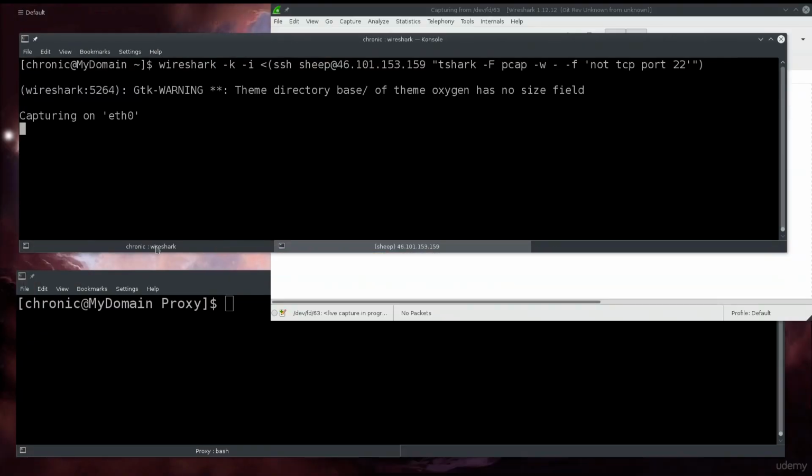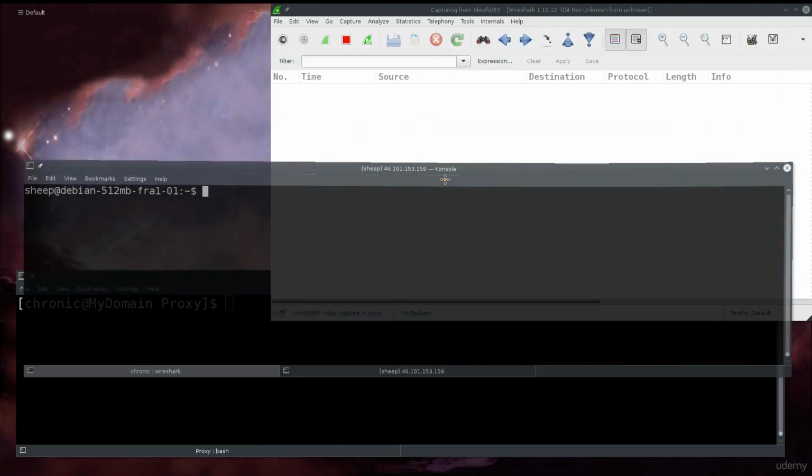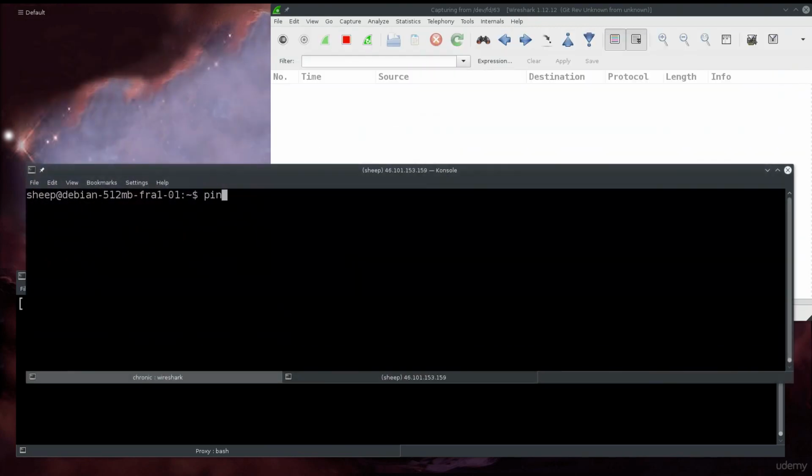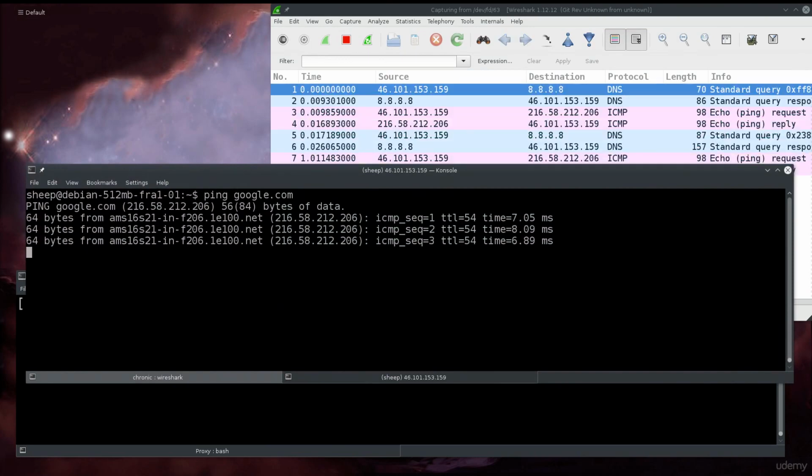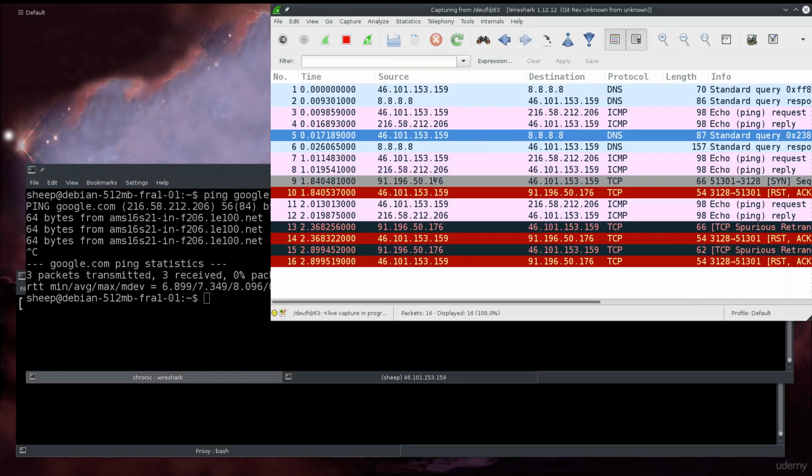There is nothing going on. So let's go over to the other terminal where I am connected to the server and do something simple like ping google.com. And you can see immediately that these pings are recorded. I am pinging google.com, so this is the DNS, and one of these IP addresses is from Google. Probably this one,